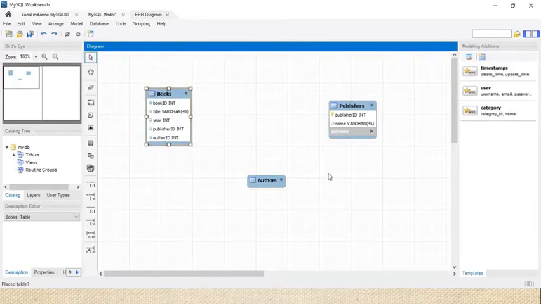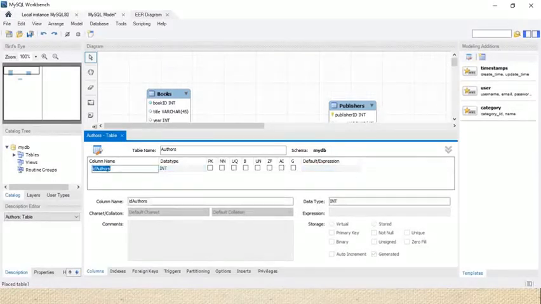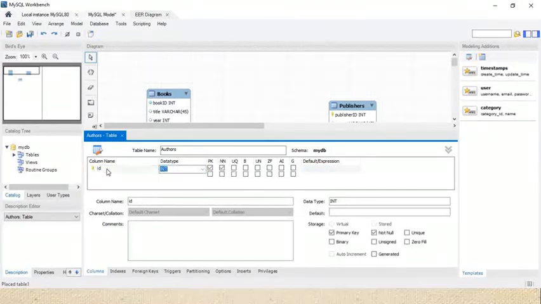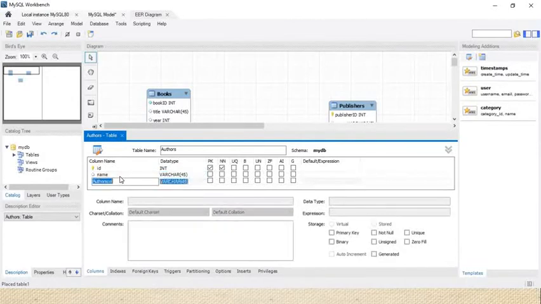Similarly, we will do the same for author. So click on that author. And here we'll write the column names of author. So first of all, we require ID, and in that I will use primary.